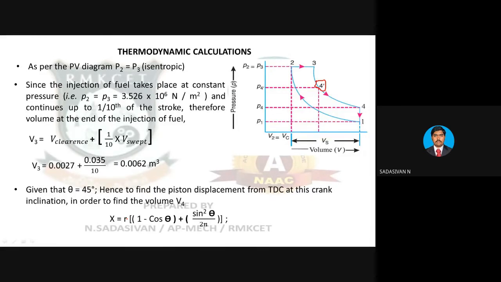Now I am not finding P4, I am finding P4 dash, because theta equals 45 degree. If you come to P4, theta will be 360 degree. That is the end of the cycle, and no use is there when you come there. The pressure will become almost equal to atmospheric pressure, or even go below atmospheric pressure. So the point where theta is 45 degree is represented in the PV diagram as 4 dash. I am going to use that point and calculate the value of P4 dash using the same polytropic relationship, P3 V3 equals P4 dash V4 dash.